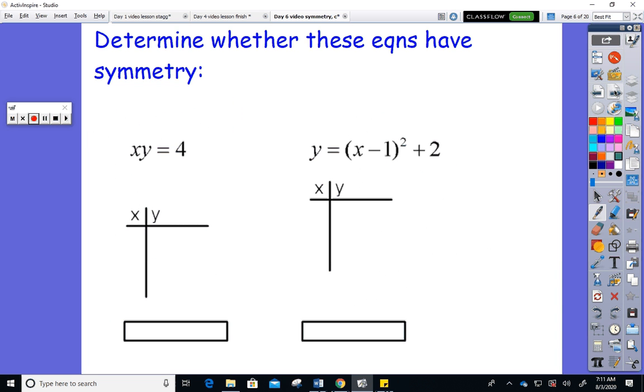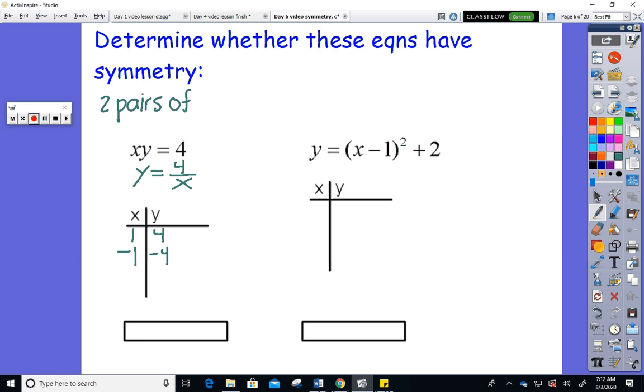So on this next one, I'm going to isolate y again, so I can start with 4 over x. Now I'm going to plug in 1 and negative 1. So when I plug in 1, y is 4. When I plug in negative 1, y is negative 4. So there's a pattern in my y's. Do another pair. So remember, you need to do 2 pairs